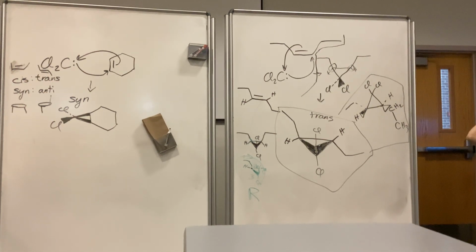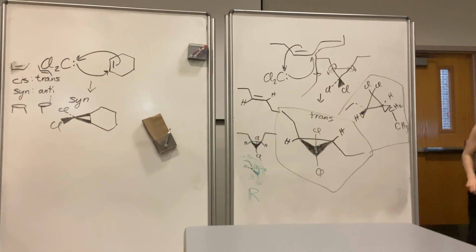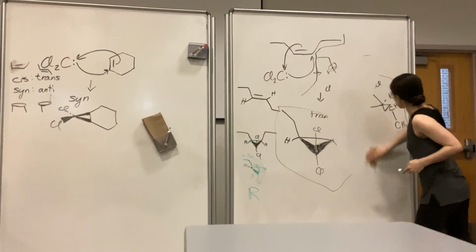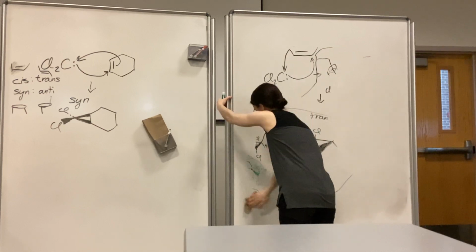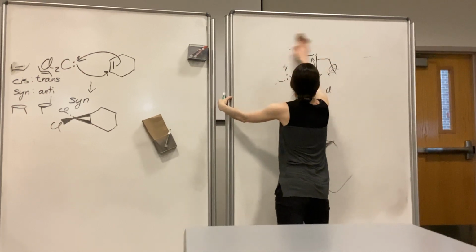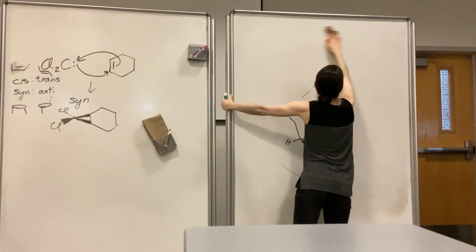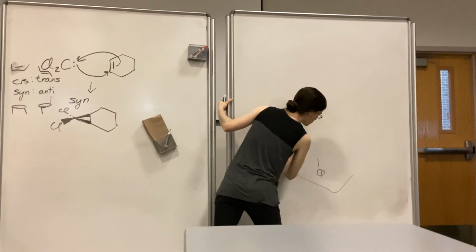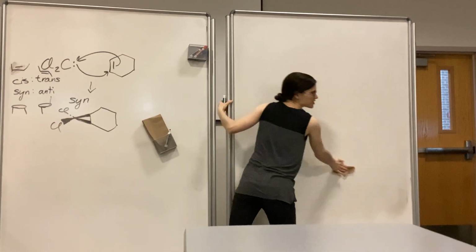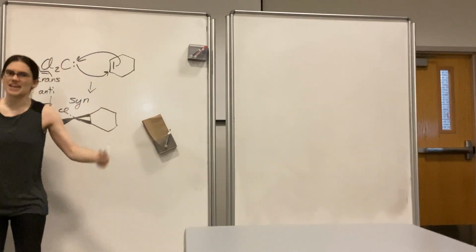All right. So now let's talk about Simmons-Smith reactions. Simmons-Smith is the answer to, well, what if I want to do exactly what you just showed me, what dichlorocarbene can do, but I don't want those chlorines on at the end. I just want hydrogens there. How do I do that? Because